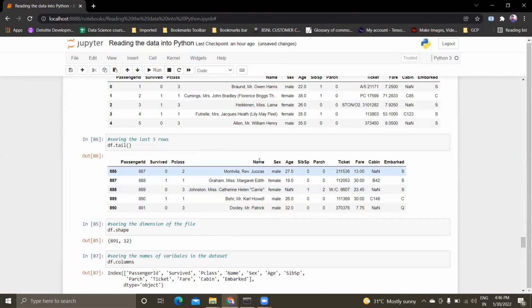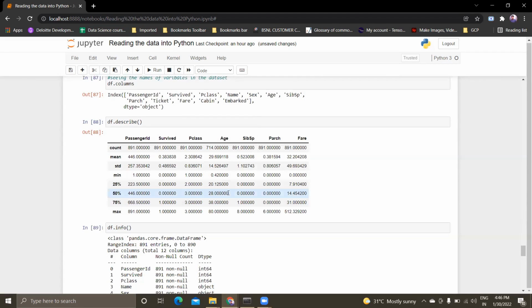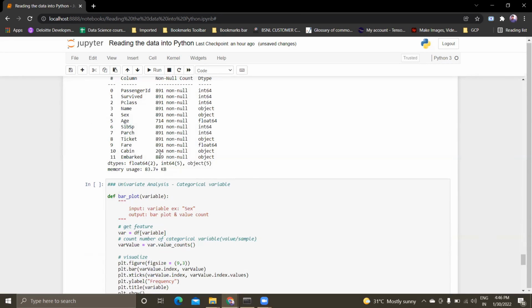We will not consider the Name column, but Sex has male and female, so either 0 and 1. We have to convert male to 0 or female to 0. Either way we have to do that encoding, and we will be using it for model performance and all those things.